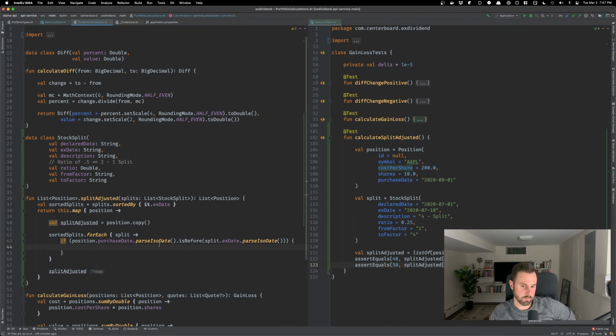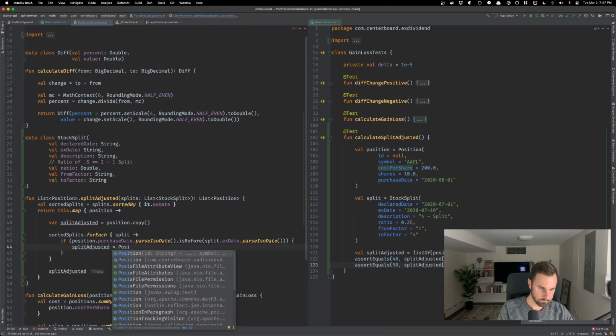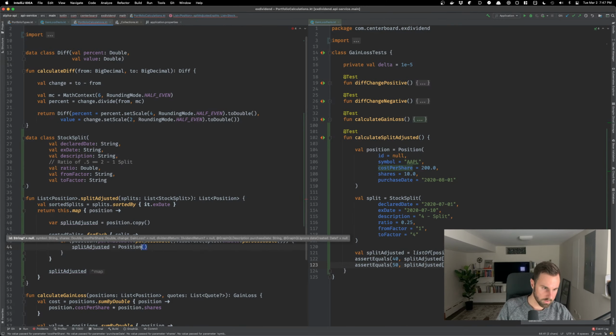This means that a split occurred and we need to recalculate the position. In this case, we'll update split adjusted based on its current value. So split adjusted is going to be a new position. Actually, it is going to be